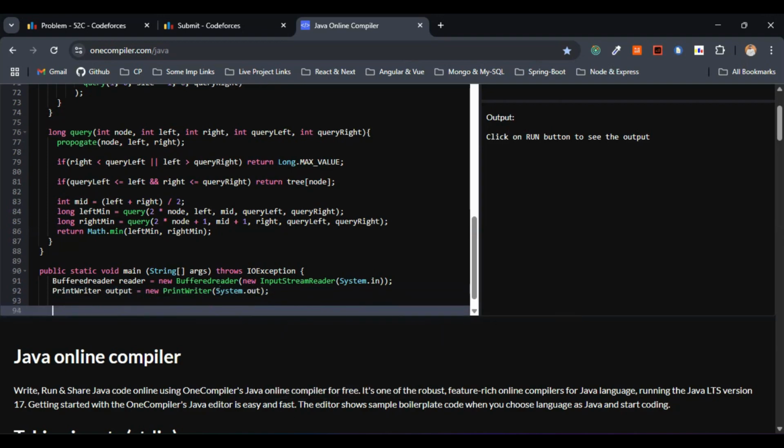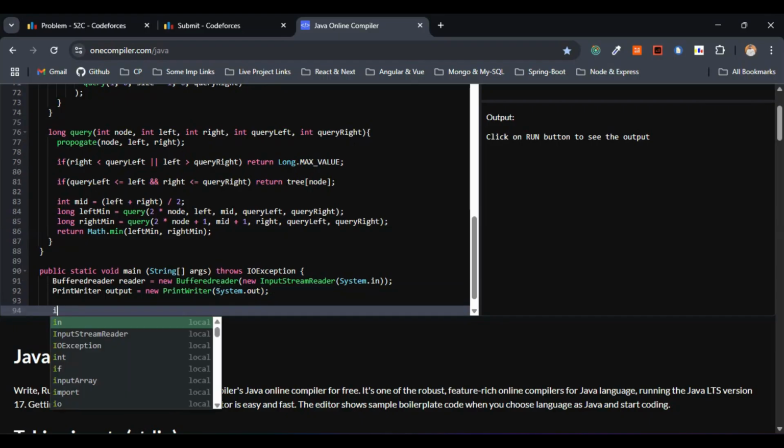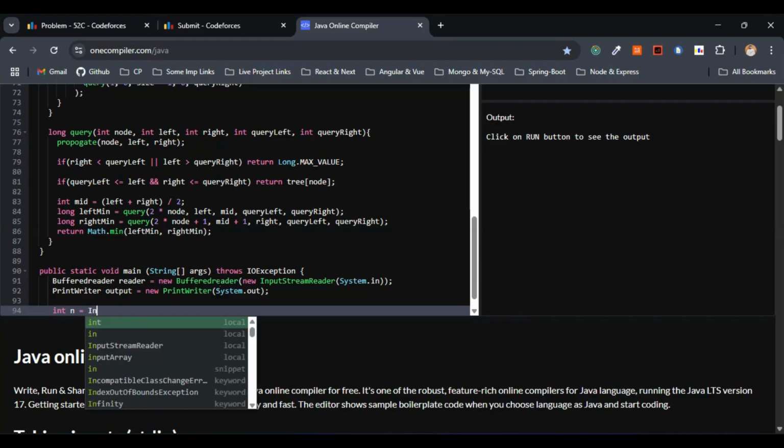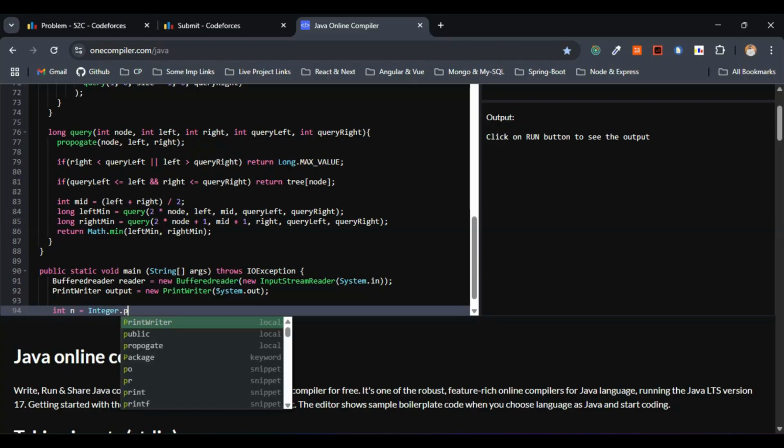This is fine. The next step would be the array size. Here we have been given n on the input, right? Initially for the example that they have given in the question, we had n equals 4. So we have to consider the array size, which is of the type integer. Basically, I'll just go with Integer dot